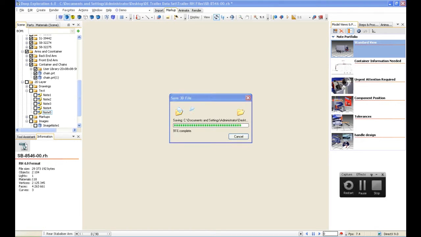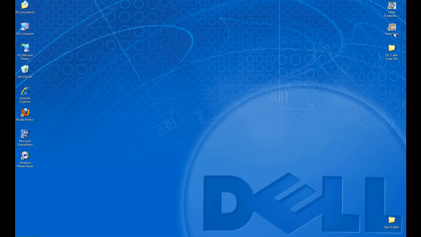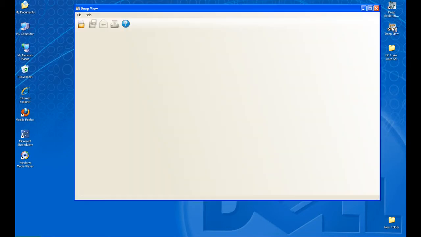Deep Exploration has a free viewing tool. It comes with the system or can be downloaded from the website. This allows people without a license of Deep Exploration to view files and view markups and amend or create markups for use within the system. This is a huge benefit to anyone needing to view CAD documents but doesn't require